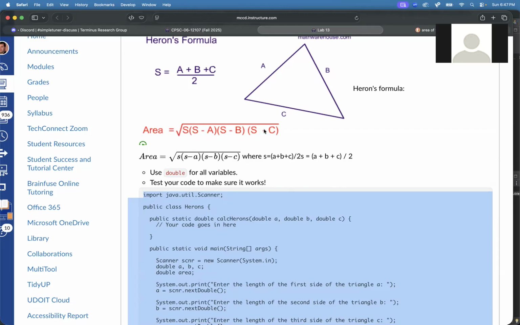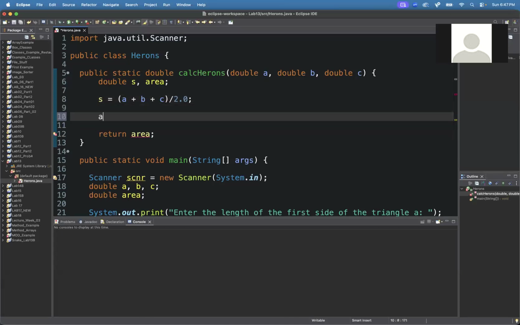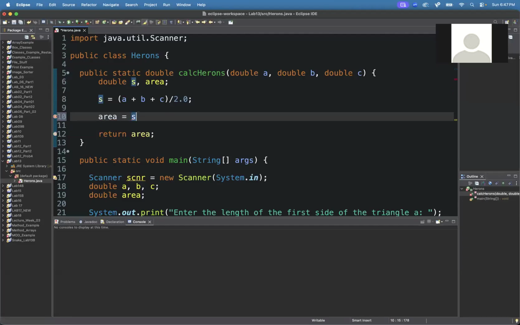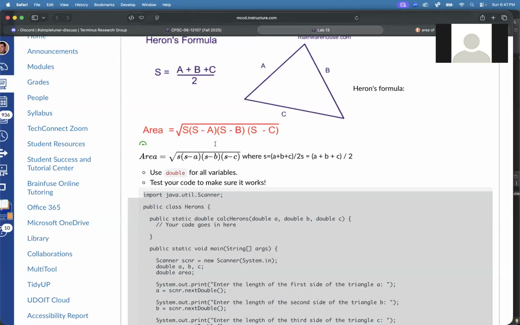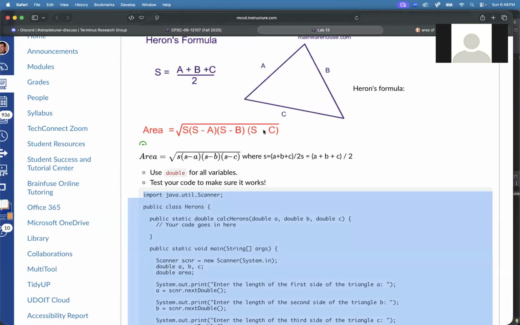this stuff. So inside of the square root, we have S times S minus A. So that's like S times parentheses S minus A times S minus B times S minus C. So times S minus B times S minus C. That's all the inside of this square root, but we still need to do the square